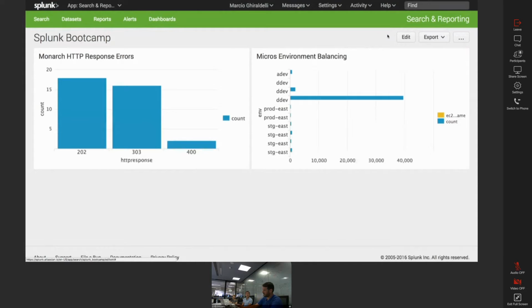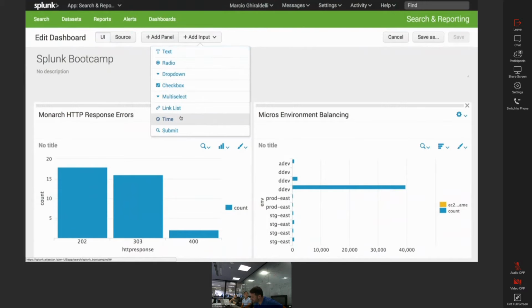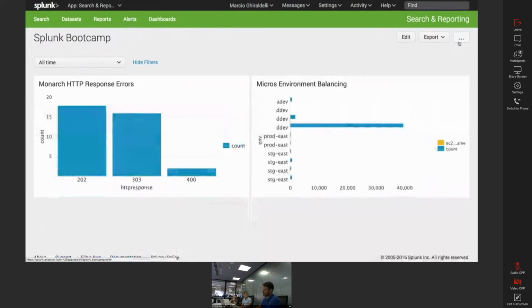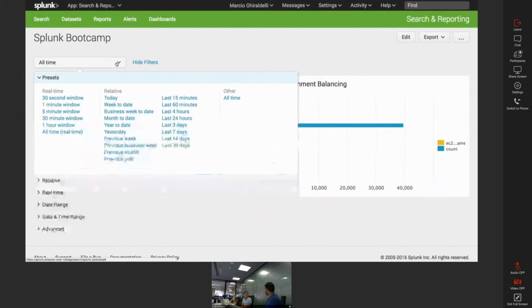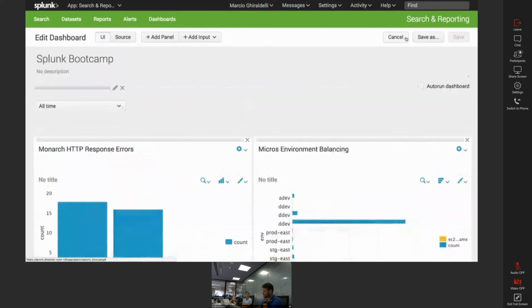This dashboard is hard-coded with the time interval. There's an easy thing you can add here, which is add input. So you can add forms here. The easiest and most straightforward one is the time. This is the time picker from Splunk, and you can choose which time interval you want. But the true thing is this, if you look at the source,